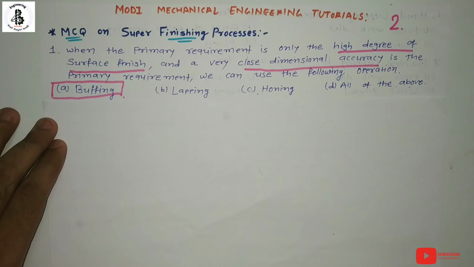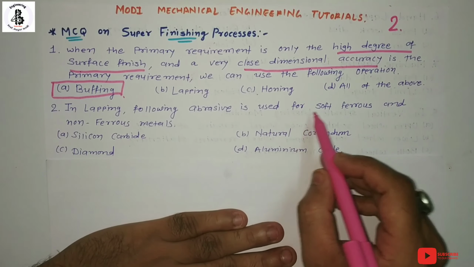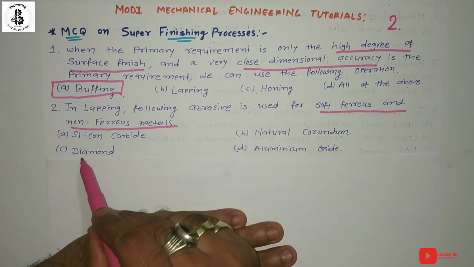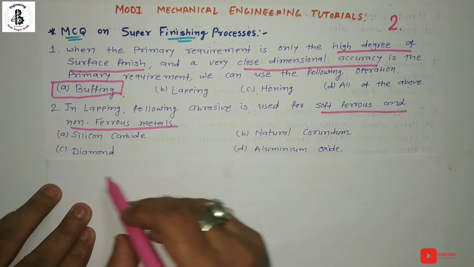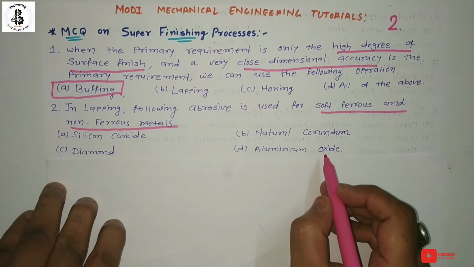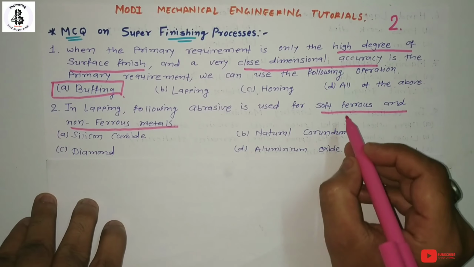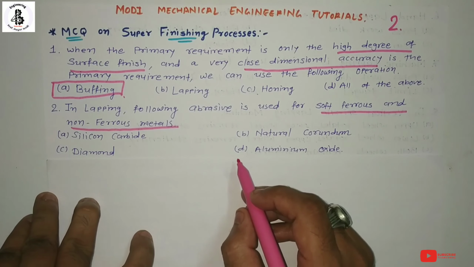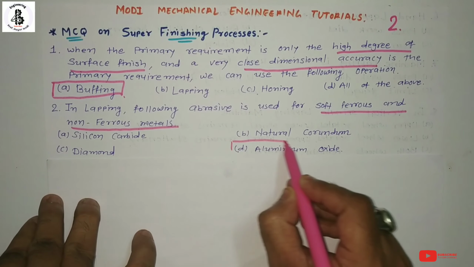Then next question. In lapping, which abrasive is used for soft ferrous and non-ferrous metals? Option A, silicon carbide, option B, natural corundums, option C, diamonds and aluminum oxide. So basically in lapping, aluminum oxide is used for soft ferrous as well as non-ferrous materials. You can also say it is an artificial abrasive material. So the right answer is D, aluminum